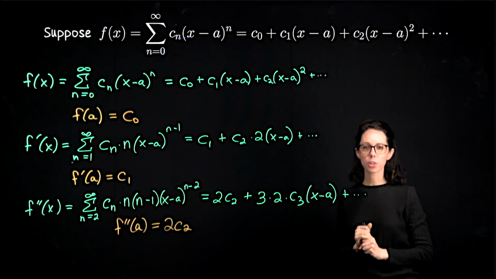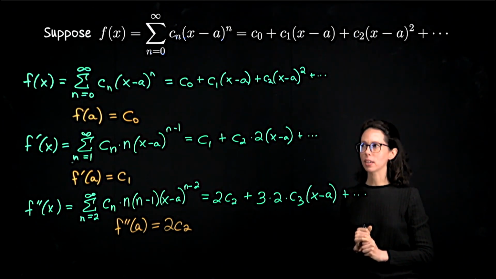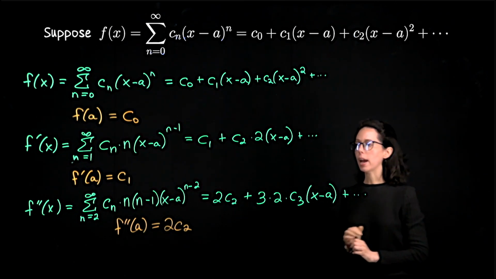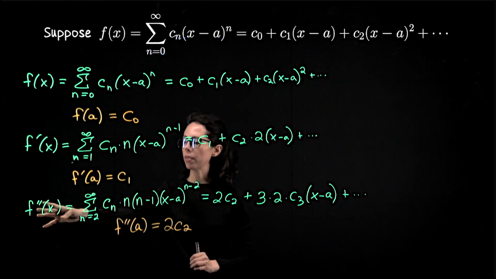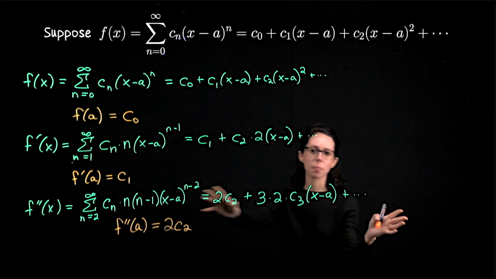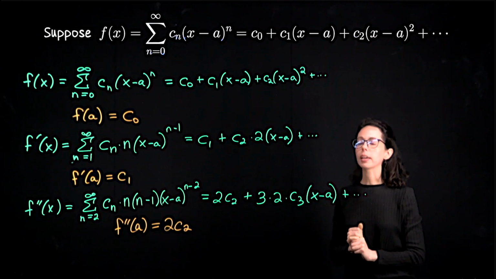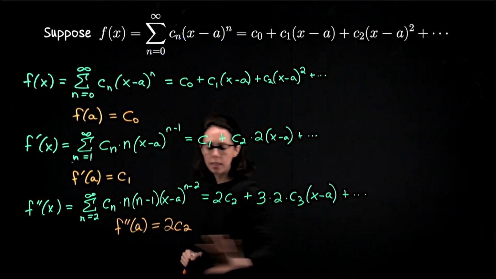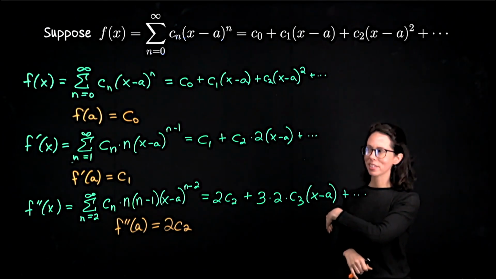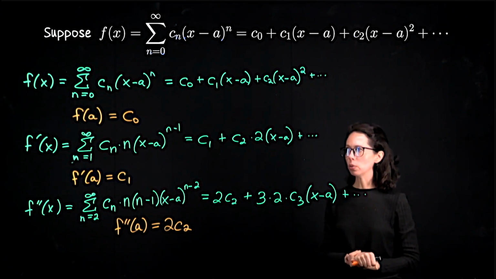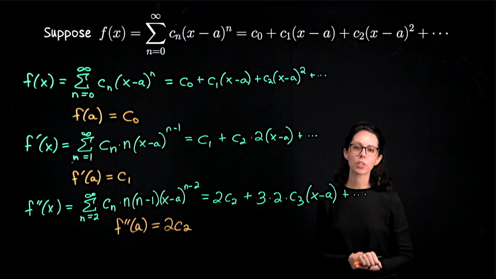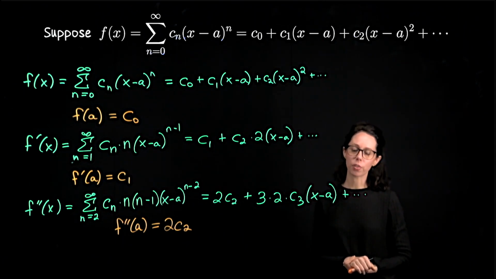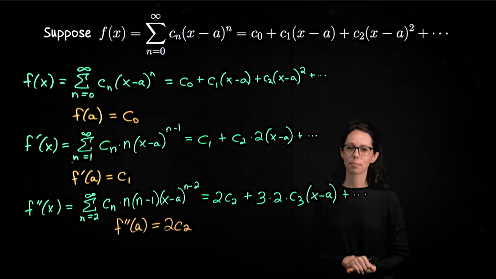I think if we do the third derivative, we will have enough to then summarize with the nth derivative. What I would like for you to do is pause and write out the third derivative of f of x. In sigma notation, expand as many terms as you would like, and then plug in x equals a to the third derivative. I will come back and do all that work down here, at which point I think I'm going to need to erase all of these. We'll keep in mind what the result of evaluating f and its first 3 derivatives were at x equals a. We'll summarize the general formula in terms of the nth derivative, and that way we will arrive at the Taylor coefficients.